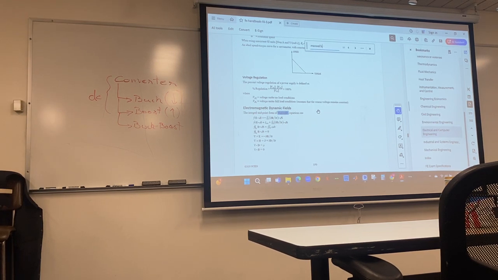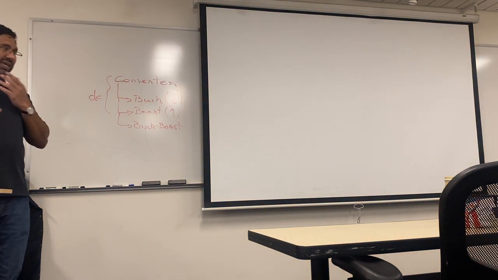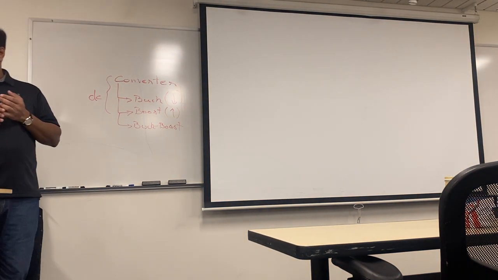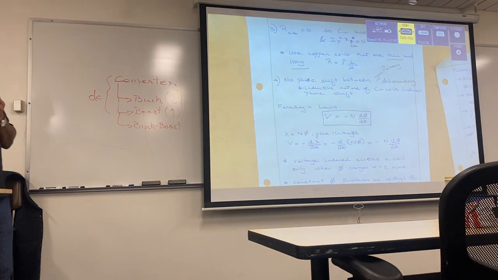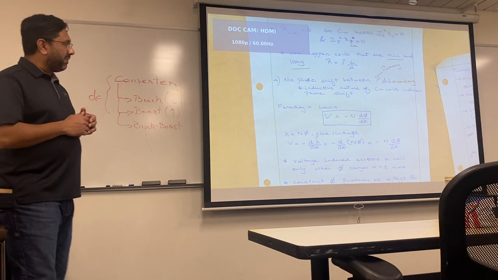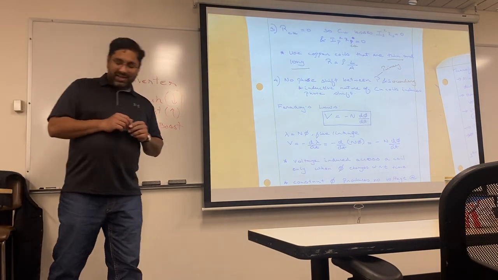And today, if you're on the electrical side, you end up using Faraday's law. If you're on the EMAG side, you are more on the Maxwell's equation thing. But anyhow,